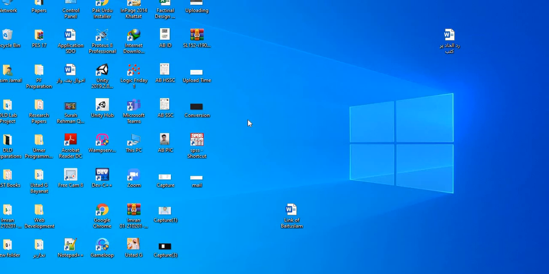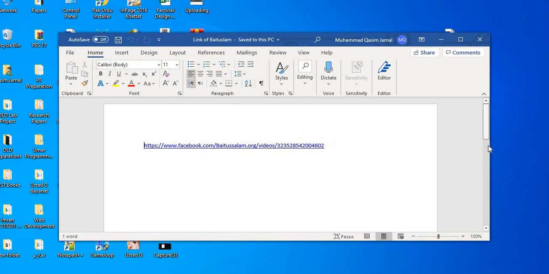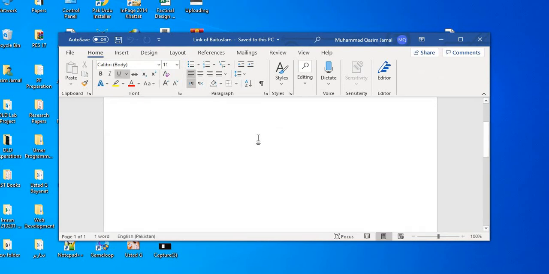Any Word file, this one is a Word file. Y is equal to